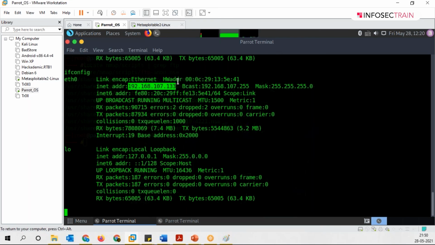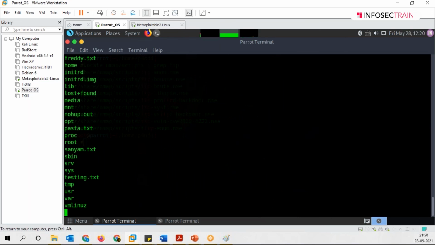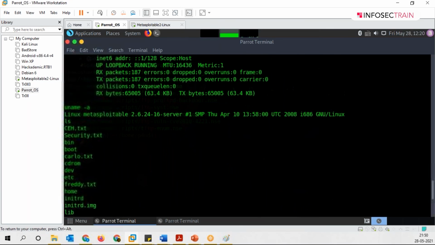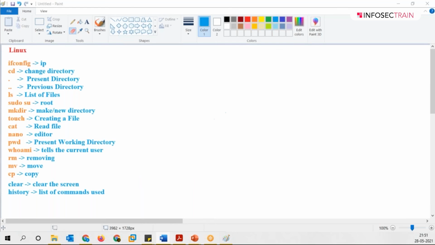Perfect. So guys, you can even write uname -a to check, and it displays everything. It says Linux Metasploitable, which means I'm in the Metasploitable machine. If I go to ls, it gives me all the files inside your Metasploitable machine. Clear with this? Great. So this is how you exploit a host and take advantage of a vulnerability. Got it? Okay, moving back to the presentation, guys.